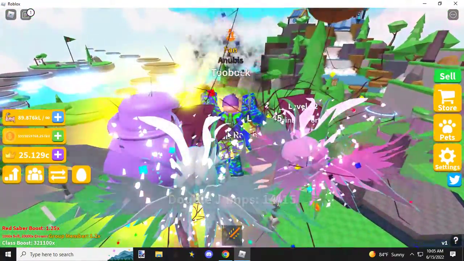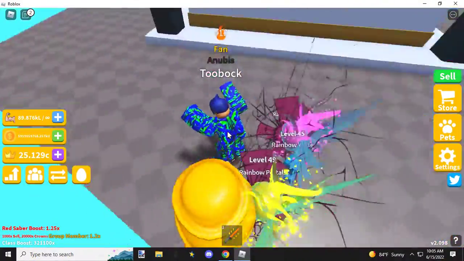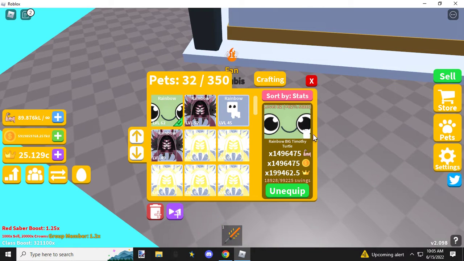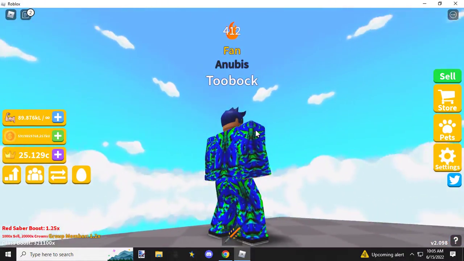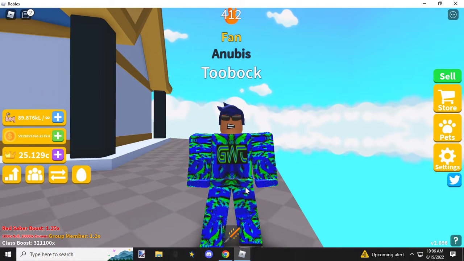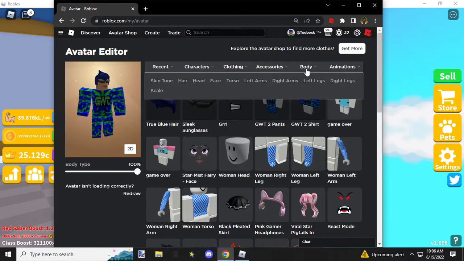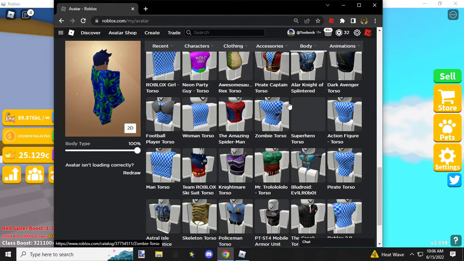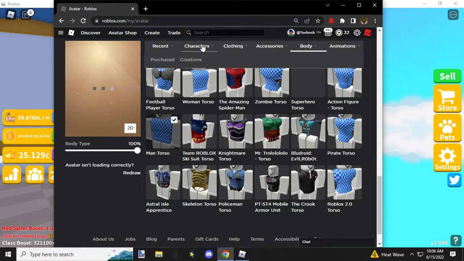And first things first, I'm going to run. Alright, pull off my pets. And admire the outfit. I think it looks pretty darn good. Alright, let's try it with another body style. Let's see. Body, torso. A lot of people use just like the Roblox boy or Roblox man or woman or whatever. Man. Actually, we'll just